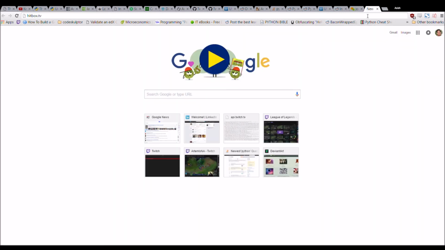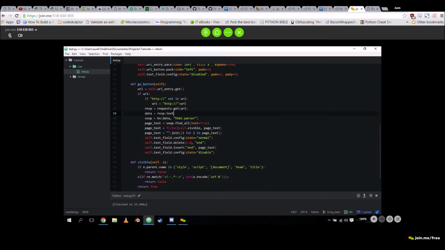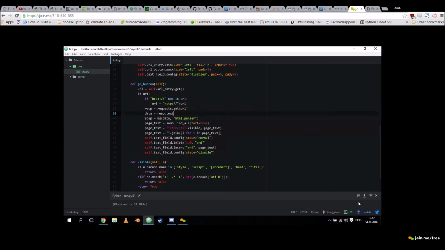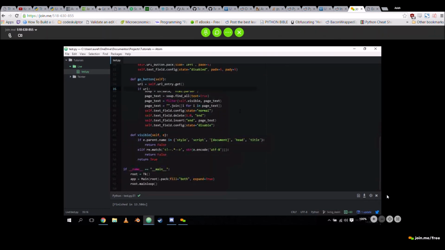Notice that we're getting text twice. That's because request isn't very good at getting text. So it gets all the text, I suppose. And then Beautiful Soup will parse it a little bit better with an HTML parser. And then we need to make our own parser, which is this filter, and then put it in. So it's a bit of a hassle, but it's not that hard once you get into it. It's just a matter of trying and failing until you get it right.